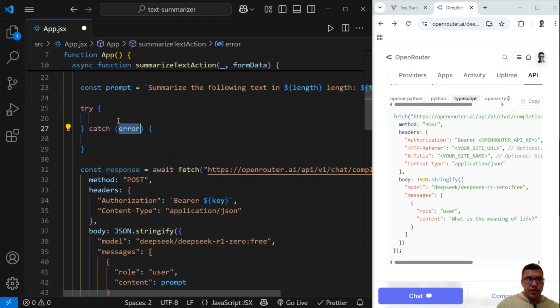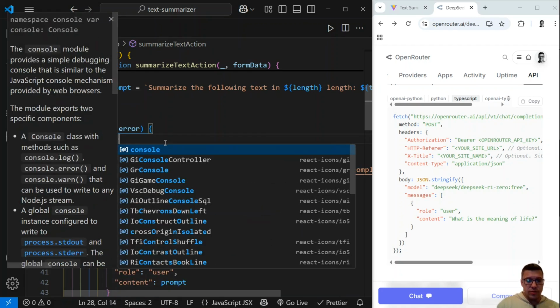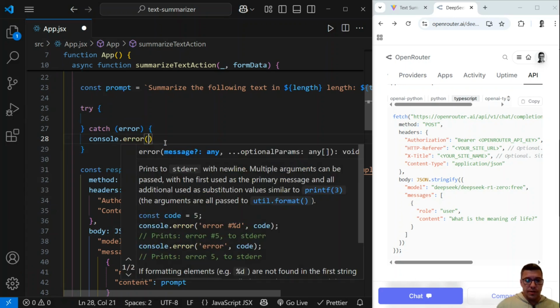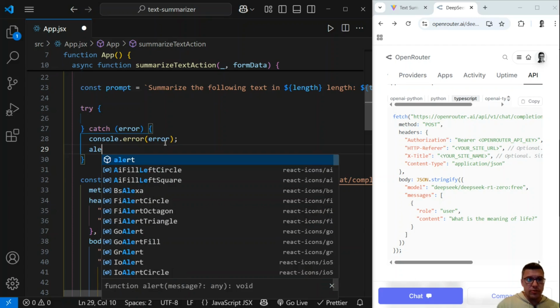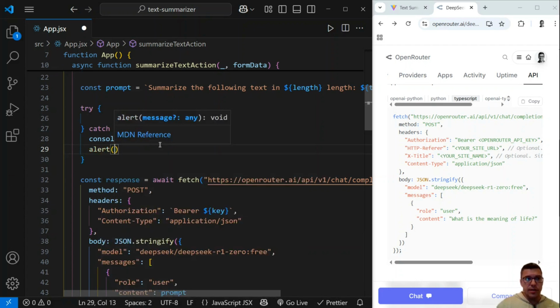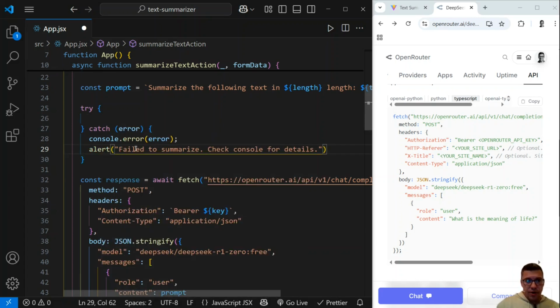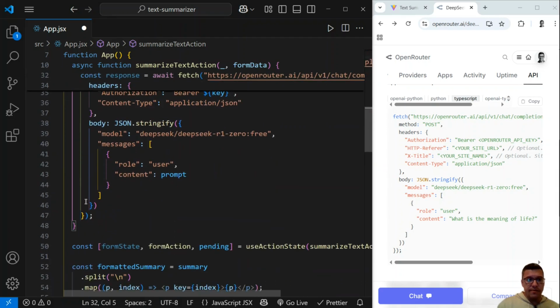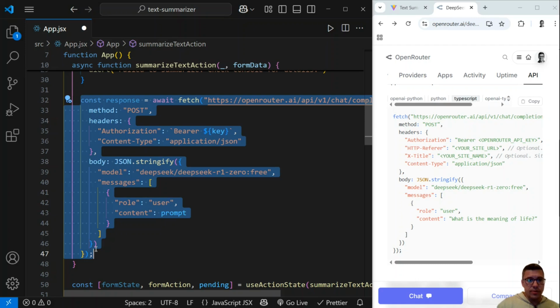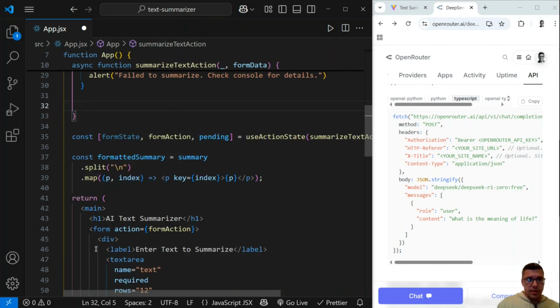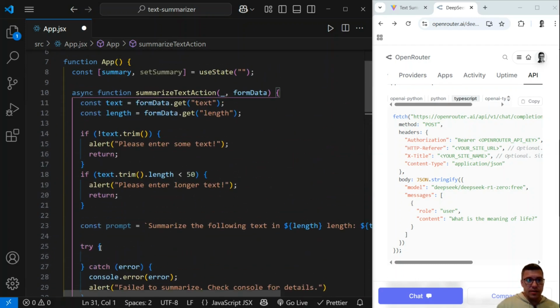So, try catch. Here I will say console.error, and I will also do the alert where I will say, for example, "Failed to summarize, check console for details." Okay, and now I will cut this whole response and move it inside the try block,